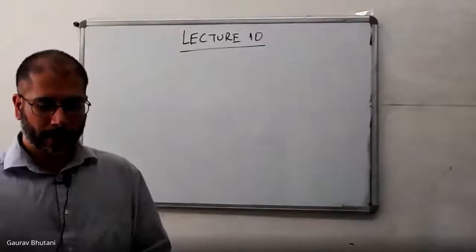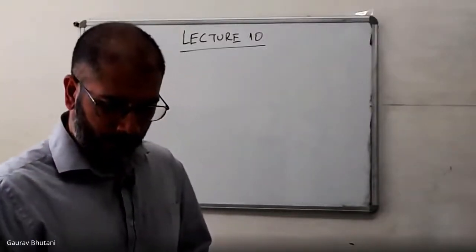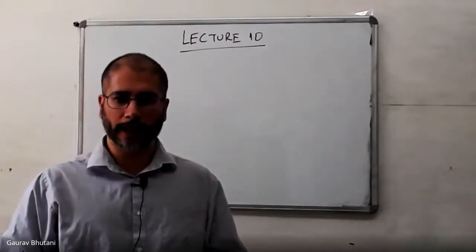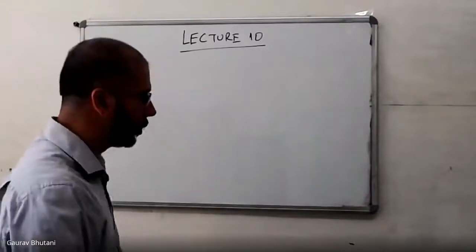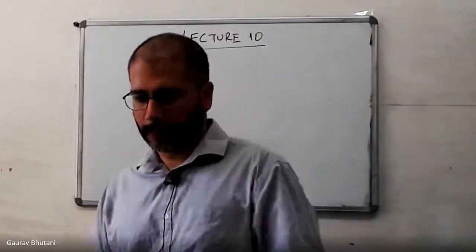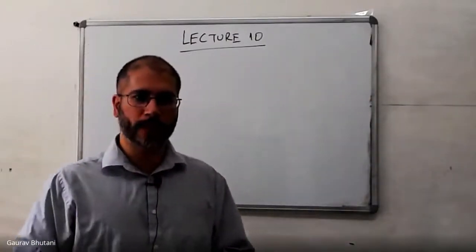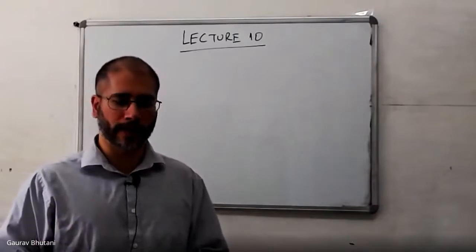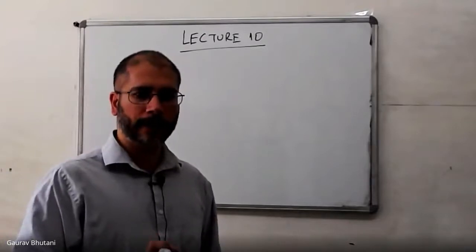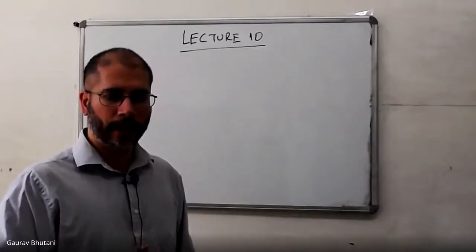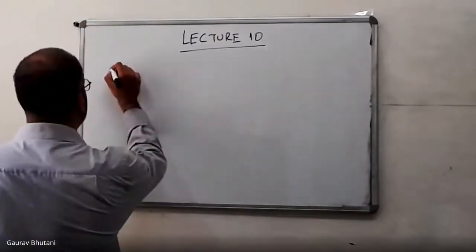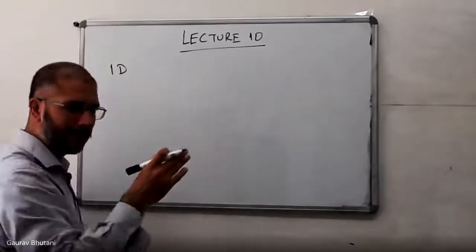So welcome to the 10th lecture in ME303 heat transfer. Until now, we have been deriving the heat equation for cylindrical coordinates. And the reason was that we want to analyze the heat conduction in pipe-like geometries where cylindrical coordinates are very intuitive. So by the end of the last lecture, I wrote the one-dimensional steady state homogeneous K heat equation. So this was 1D, only in the radial direction.